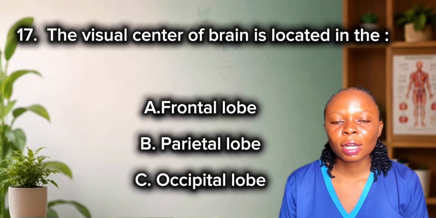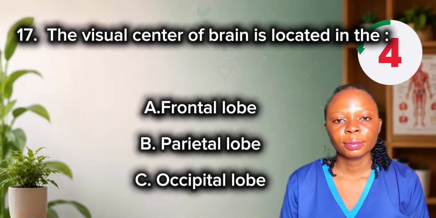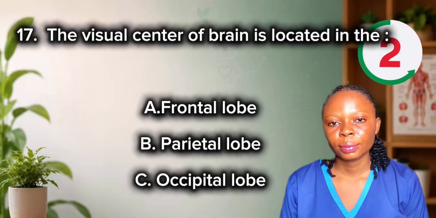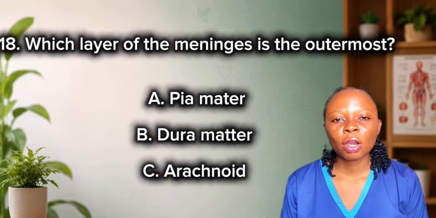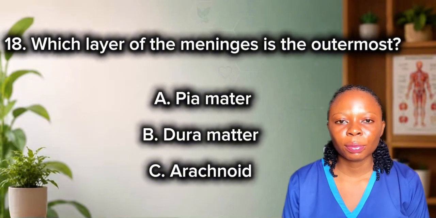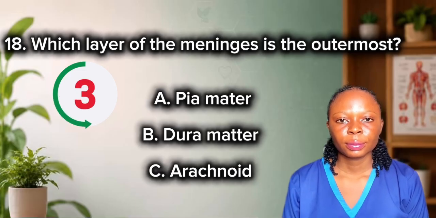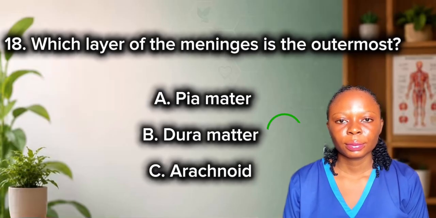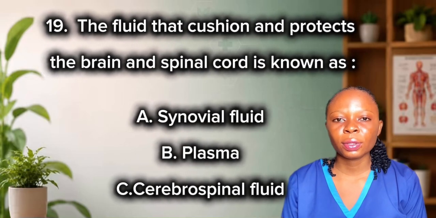The visual center of brain is located in the occipital lobe. It is responsible for vision. Which layer of the meninges is the outermost? Dura mater. The fluid that cushions and protects the brain and the spinal cord is known as